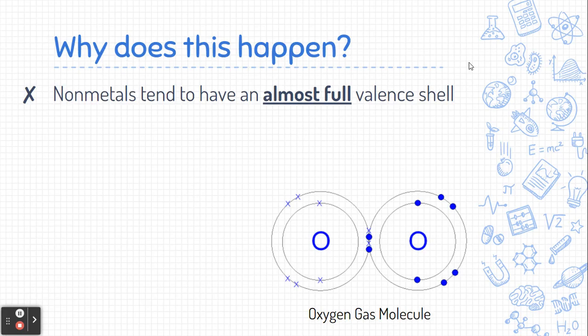So tend to means mostly. So non-metals. By the way, where are metals? Which side of the periodic table are metals on? Yes, metals are the group 1, group 2, and the middle, because it's called transition metals. All the other ones there are called non-metals. They mostly have